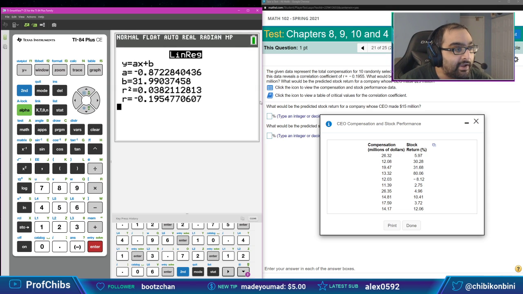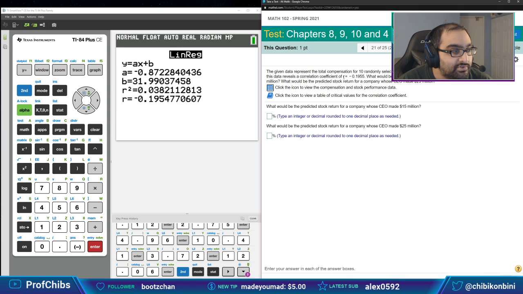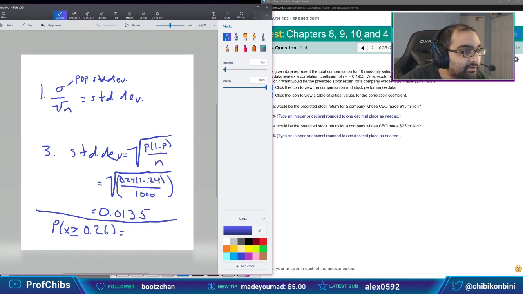Now, I know this is correct because we have an R value here of negative 0.1955, which is what it says in the problem. To confirm that you put in the numbers correctly, make sure it matches the R they put into the problem. If it matches that R, you're in great shape, and the numbers you put in the list are perfect. Now, what's most important here is this A and B, because this is going to reflect our line of best fit. So let's write that in, based on what we see.